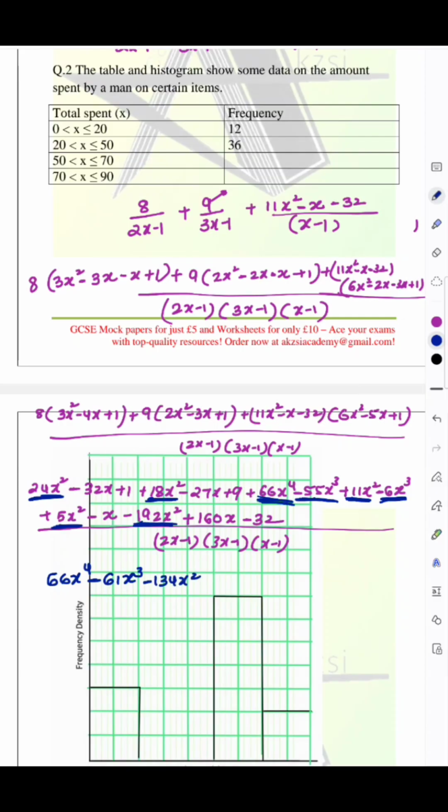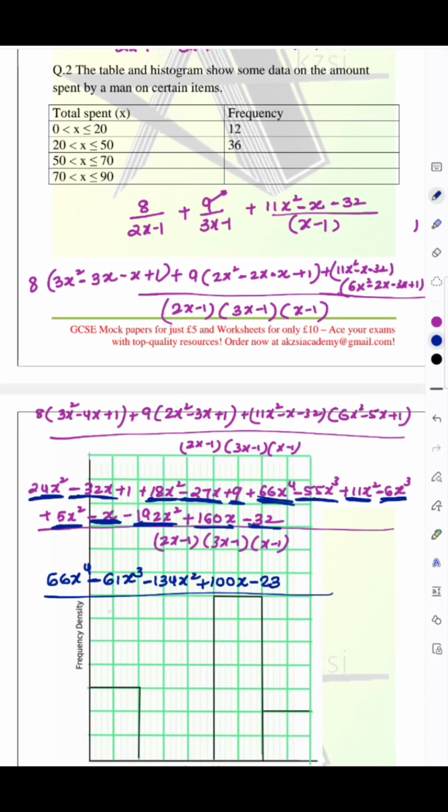And now the x's, so 32, 33, and this will give me 50 and 60 basically, and then minus 60 and plus 160, so 100. And let me see if there is any other x. Yeah, it's just 100x. And then this will give me plus 9 remaining, and minus 32, which will give me minus 23